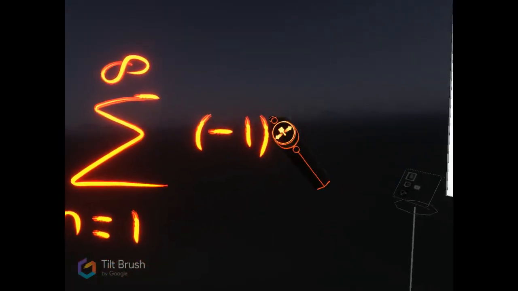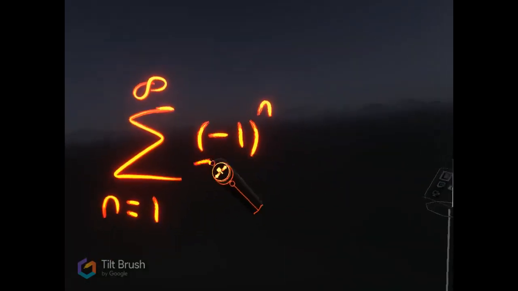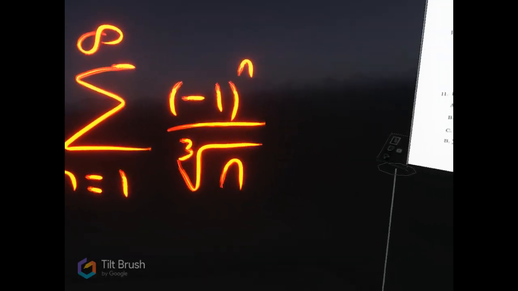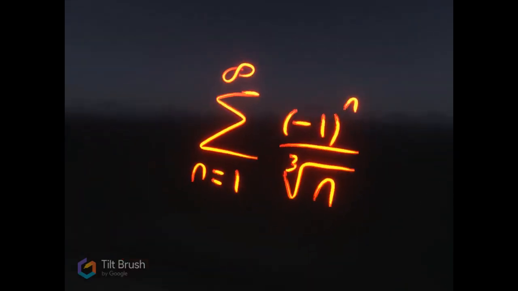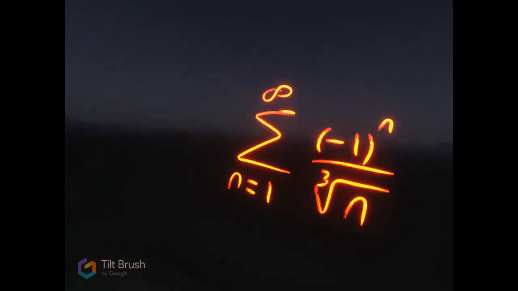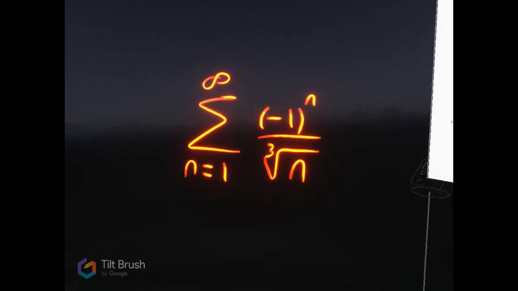Negative 1 to the n, over... So, conditionally convergent, absolutely convergent, or diverges. Okay, so first off,